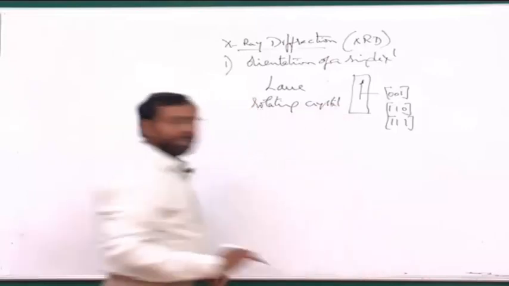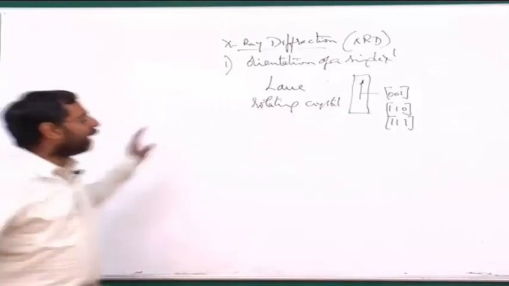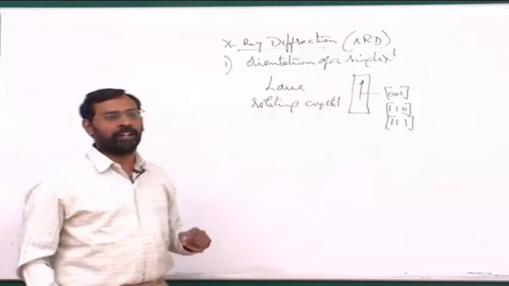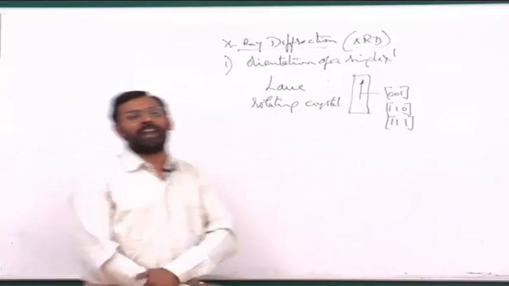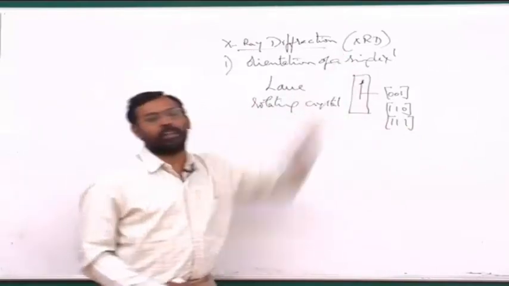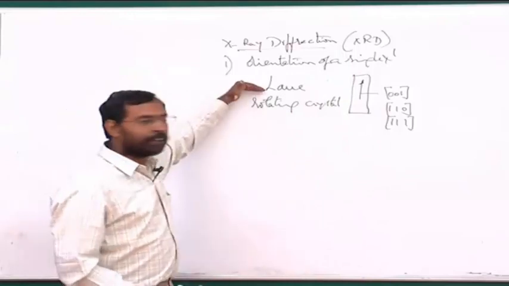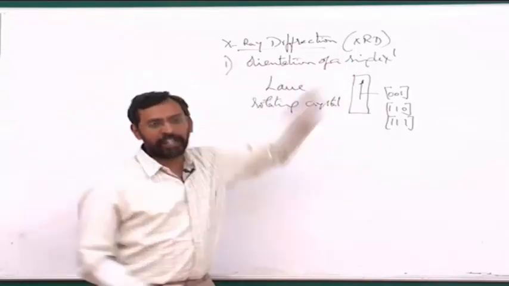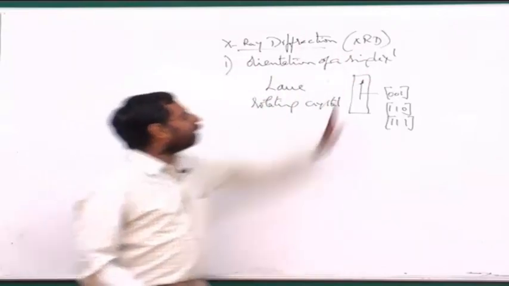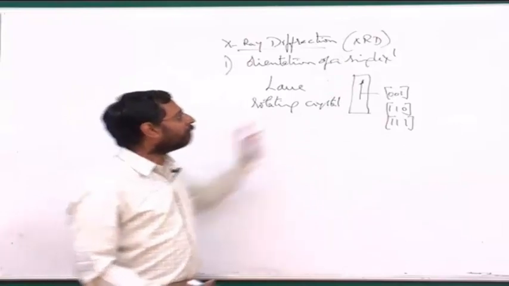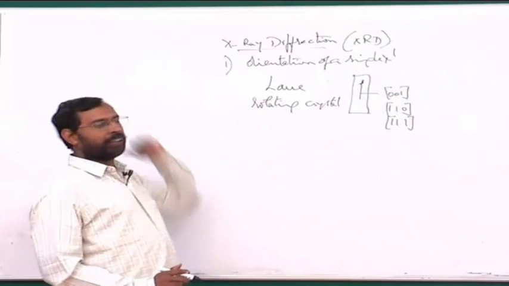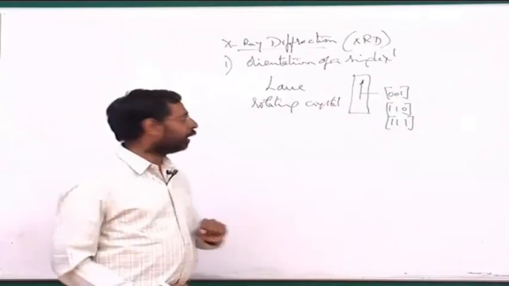Any one of these two can be used, where an X-ray is allowed to fall on a single crystal with a particular orientation, and you can generate a diffraction pattern, and from the diffraction pattern you can find out this particular orientation. For example, in a Lave technique, we said we will use a white radiation carrying a range of lambdas, and it falls onto a single crystal, and from the diffraction pattern that you get, either in a transmission mode or in a back reflection mode, you can find out the orientation.